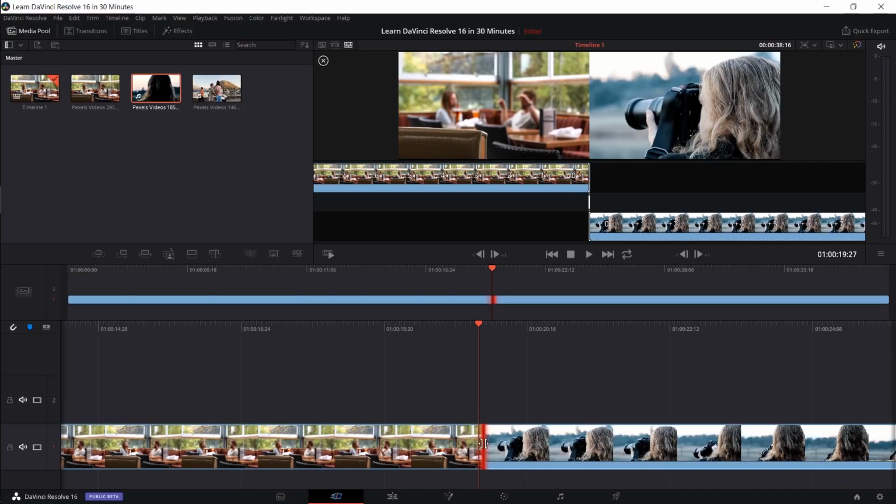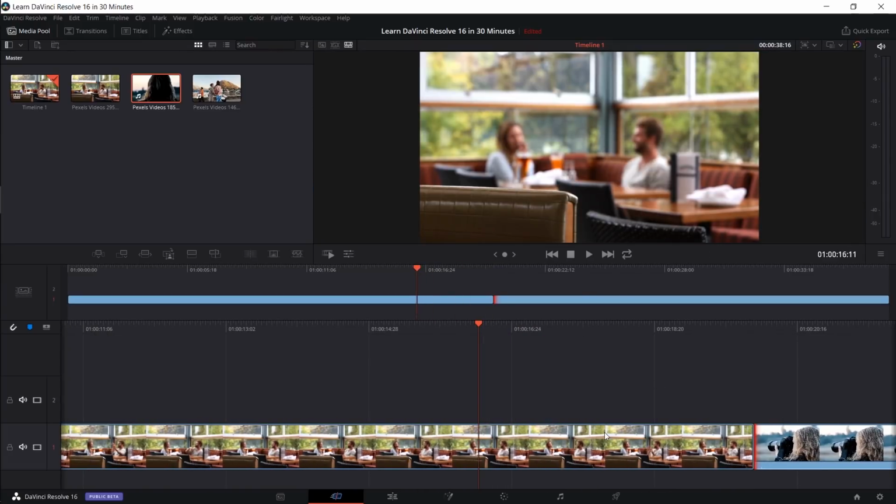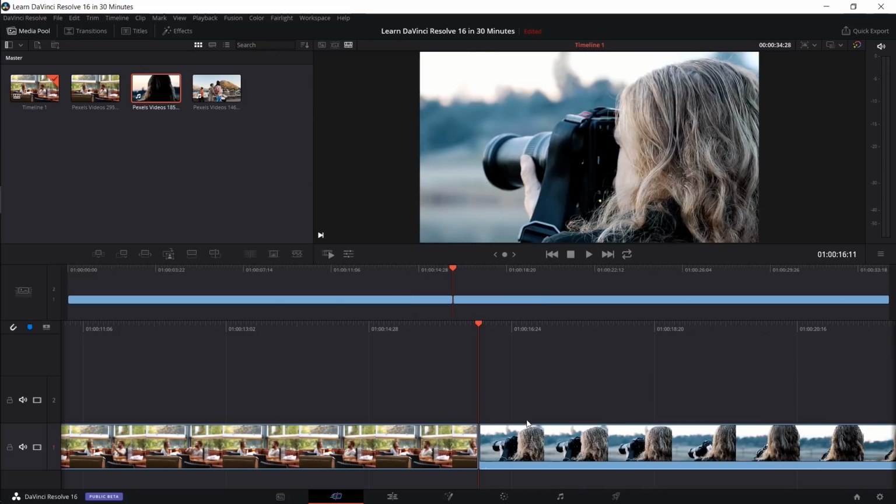So what dragging on the border between two clips normally does is pulls in more or less of the source material, but because the source material is already fully in the timeline, we'd actually have to decrease part of it. So one way I could remove some of the source material from the timeline would be to hit Control B to make a blade slice, and then that'll separate one clip into two, and I can hit delete